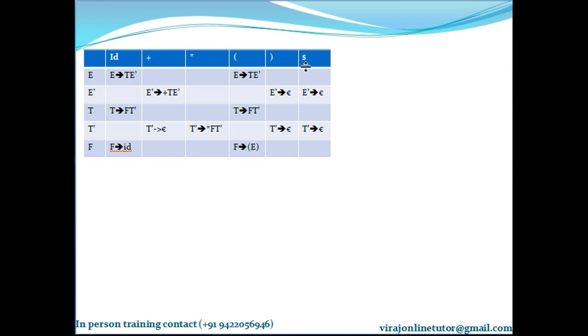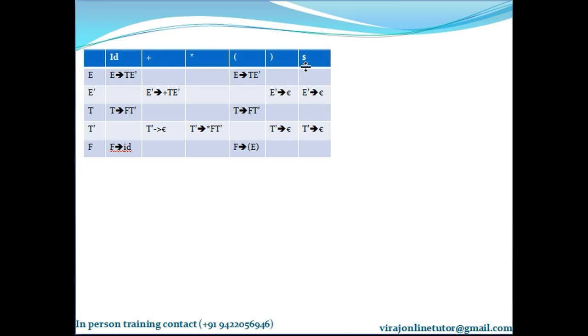Now let's consider that this table is given to you ready-made and we just need to learn how to parse using it. After we learn that, I will teach you how to construct this table. So please keep the construction of the table aside for now. Construction of the table we'll learn later.